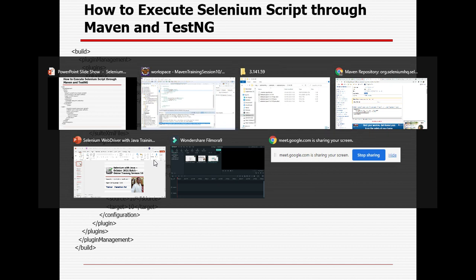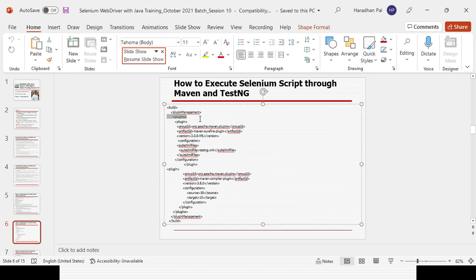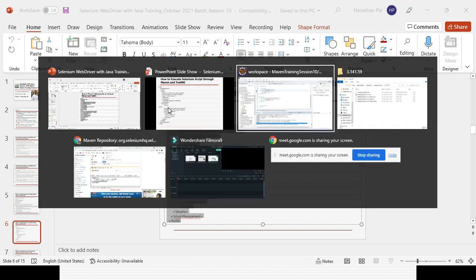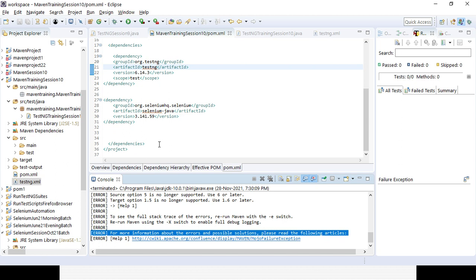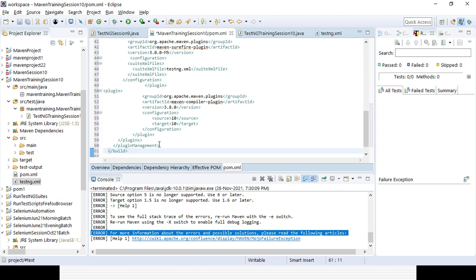So I will be going to my PPT. So this is the Surefire plugin. First one is the Surefire plugin, and second is the compiler plugin. So this is under the plugins tab, and first will be build, then the plugin management, then plugins, and here plugin is there. So you need to simply copy paste it, no need to change anything. It will be before your project end tag only. After the dependency stack, you need to add it. So I will be adding it before the project end tag. So these are the two plugins you need to add: the Maven Surefire plugin tag and the Maven compiler plugin.